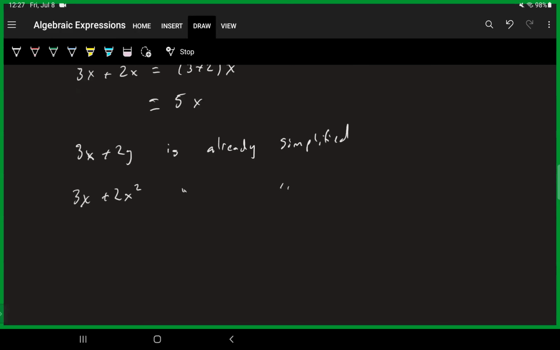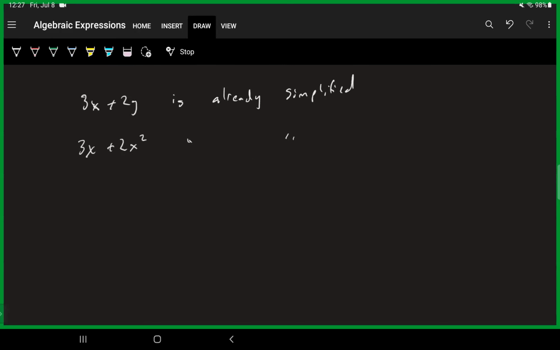Let's look at a slightly more complicated example. And this will be the last one for the video. So let's look at 3x plus 2y plus x minus 5y plus 1. So I'm going to do a little bit of extra work here to illustrate why things work out. In the long run, most folks are going to, when they combine their like terms, do a lot of this in their head, and that's okay.